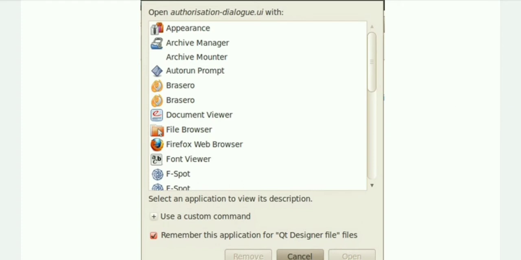If it is here, you can select it and then click Open. Then that file will open in this application program. So this is what to do when you do not have the supported program to open a file.